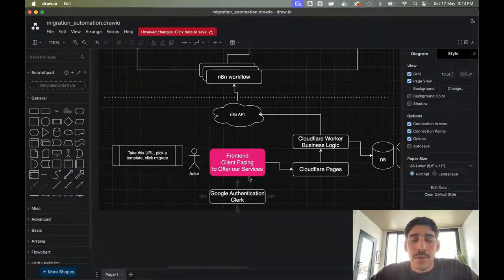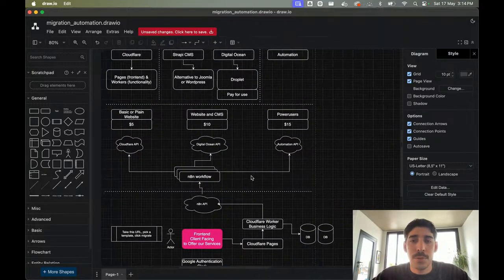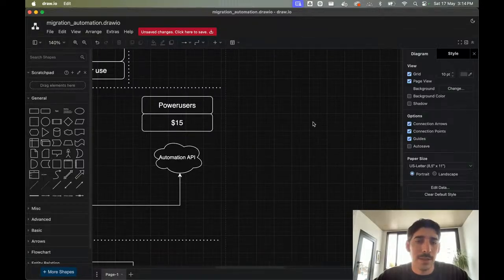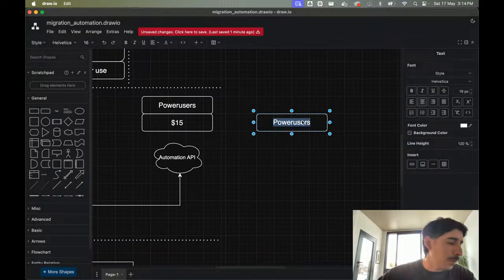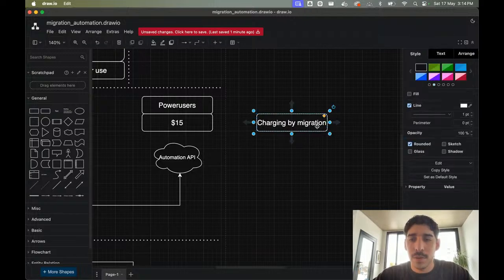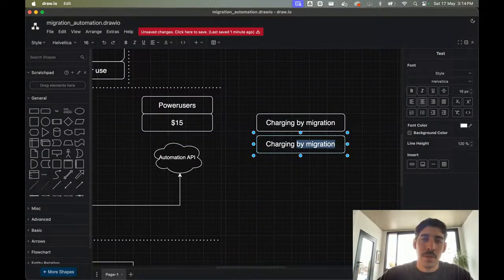If we go back a little bit and think about the pricing or the business model, if that's the expression, we could be charging by migration, or charging monthly or by subscription or something like that.